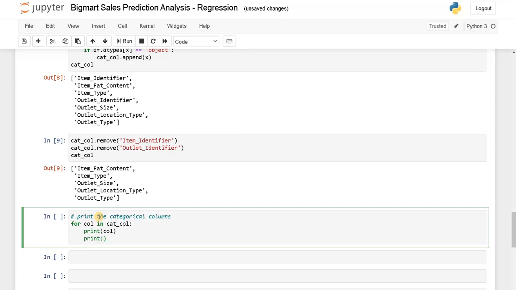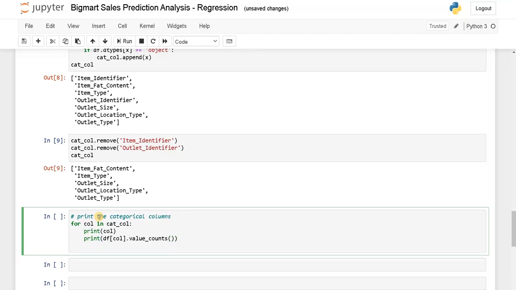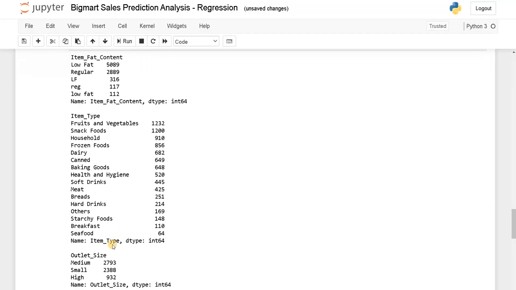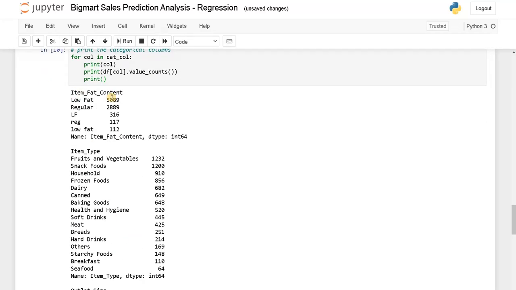That will be print df of col dot value_counts. This value counts will be very useful in displaying the number of counts for that particular values. Okay, after that we will leave a new line. Let's print it. Now these are the categorical columns and the corresponding values.